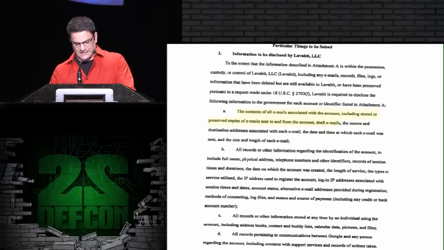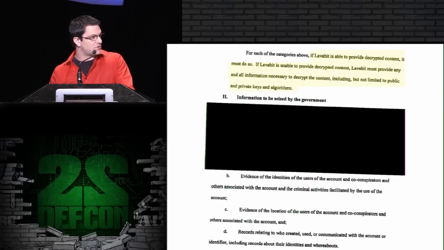Now, can anyone spot the typo in this sentence? It's actually my second favorite excerpt. In the court's haste, they forgot to substitute the word Google for the word LAVABIT. If you read that sentence again with the word LAVABIT, it actually makes sense. On the next page, though,